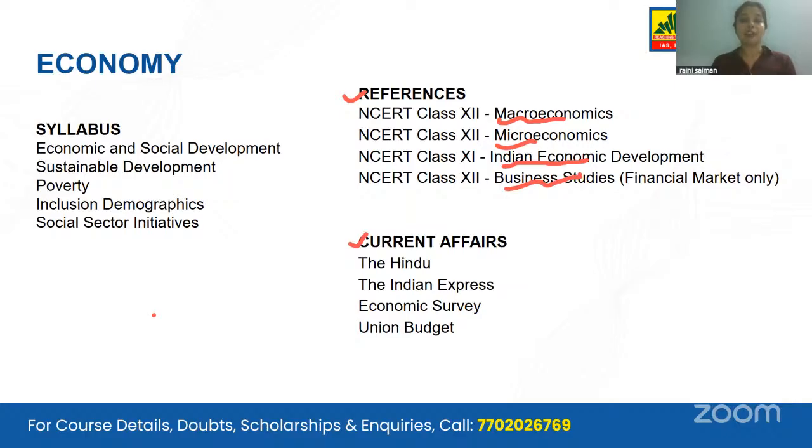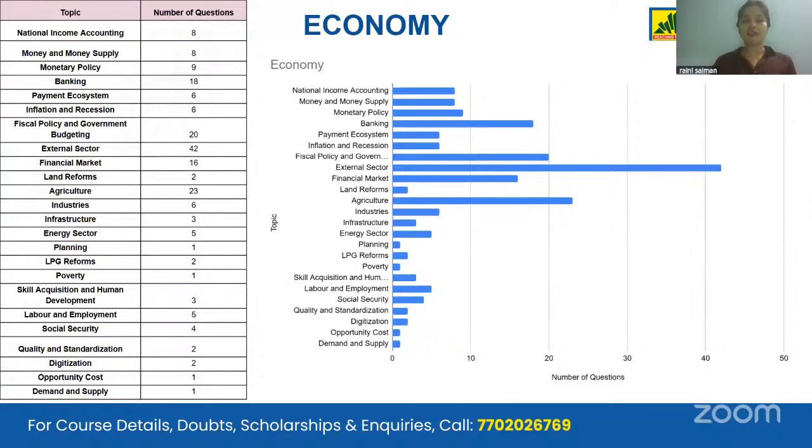But apart from that, you have to supplement it with current affairs events. That is your newspaper, magazine, current affairs magazines. And in our Shikara IS Academy, we are doing both. We have started our NCERT course, and then we have also started our daily news analysis. So this is a win-win situation for all of you. You can go and check out these courses and you will be sorted for your static as well as your current affairs.